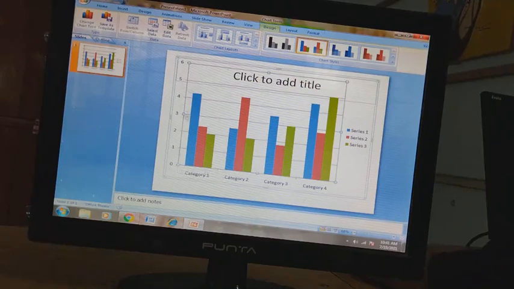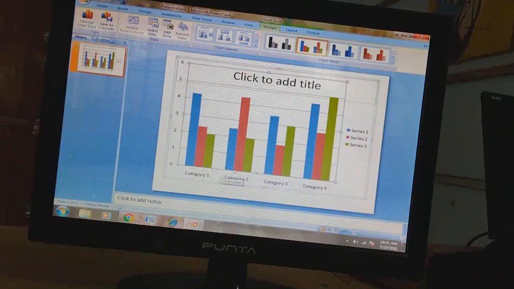The value axis is the y-axis. This vertical line shows the values, the vertical value axis, and the axis on the horizontal is called the x-axis.